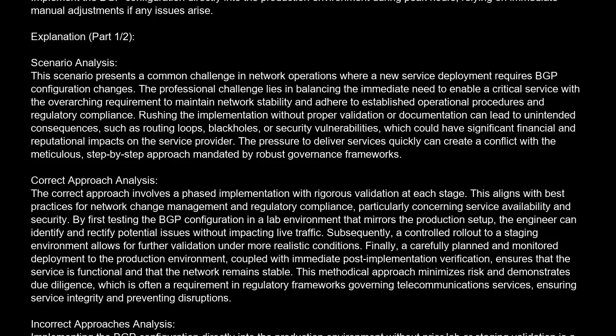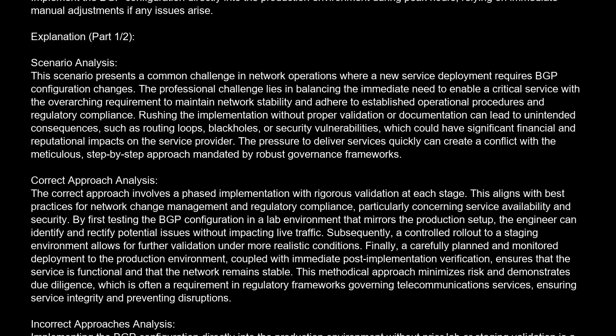The correct answer is B. Implement the BGP configuration directly into the production environment during peak hours, relying on immediate manual adjustments if any issues arise. Explanation. Scenario analysis. This scenario presents a common challenge in network operations where a new service deployment requires BGP